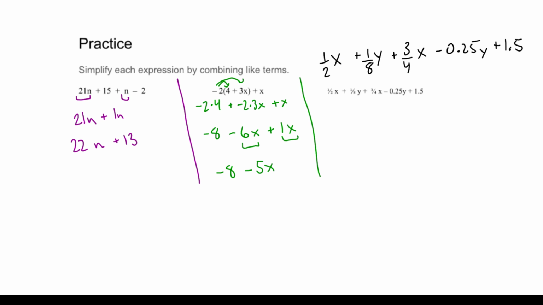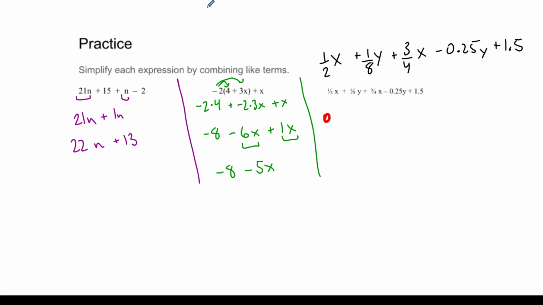Okay, last one. Might be a little tricky here. We have a bunch of fractions and some decimals too. I think maybe it would be easier to put everything in the same form. And this is going to be a personal choice for you. Do you want to put everything as a fraction, or do you want to put everything as a decimal? Okay. I'm going to convert everything to a decimal and then change it back to a fraction later because I can. All right, so I know that 1/2 is 0.5,